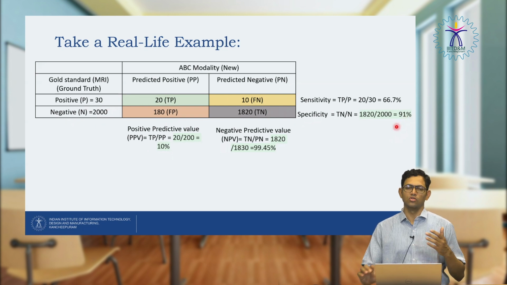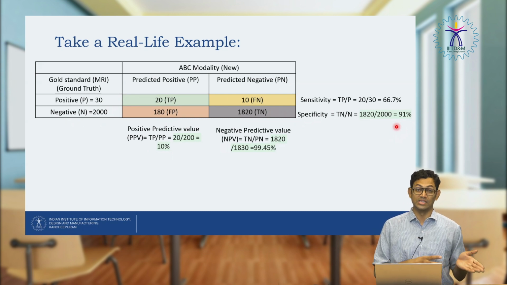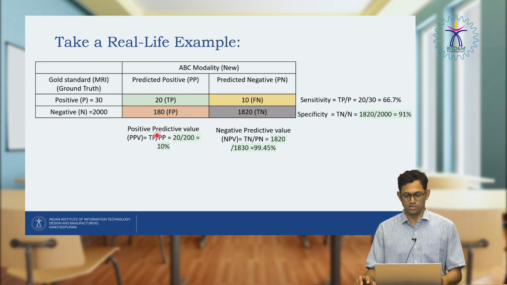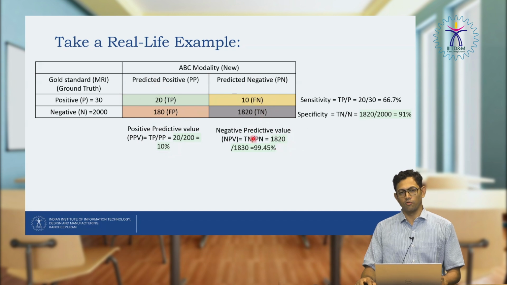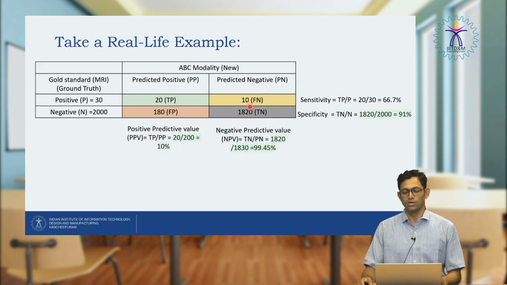And after some time we will also talk about what it means to have a diagnostic system with a very high specificity as compared to a very low sensitivity. We will talk about a test case. Over here, the positive predictive value comes to be a ratio of 20 divided by the total number of positively predicted, that is around 200, that is around 10%, and the negative predictive value is true negative divided by the total number of subjects predicted to be negative, that is the addition of both of them, around 1830, which comes to around